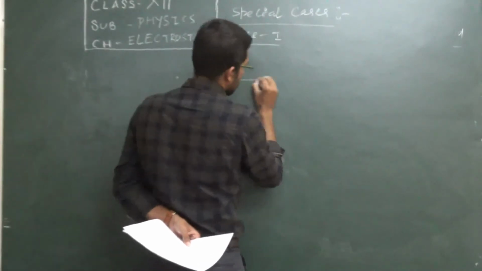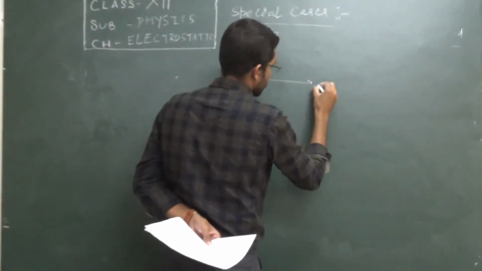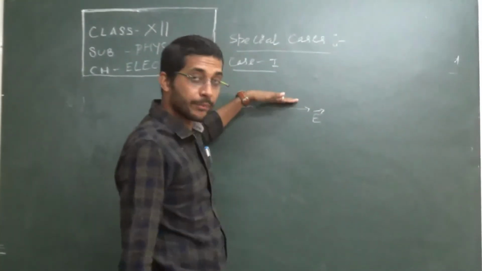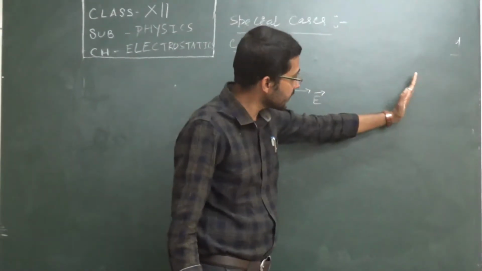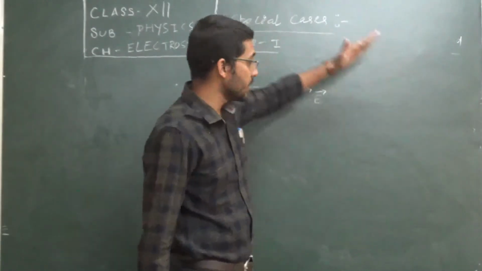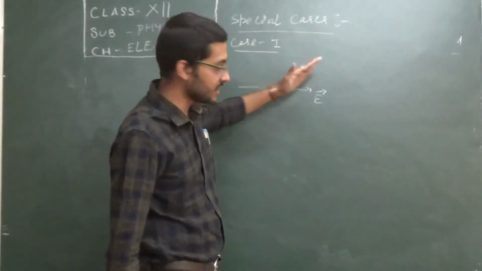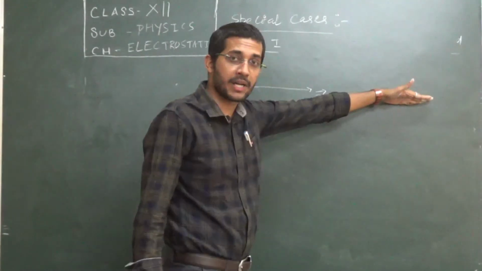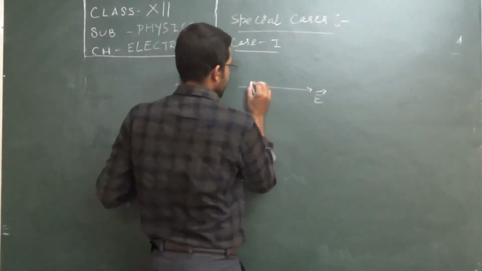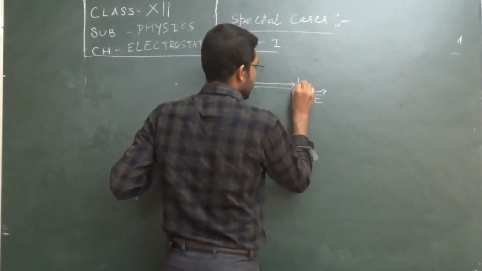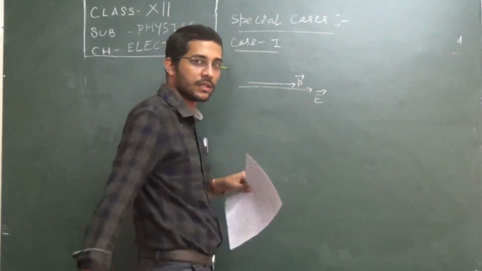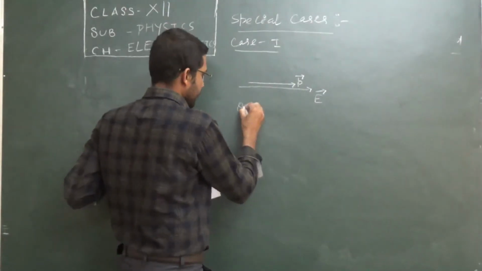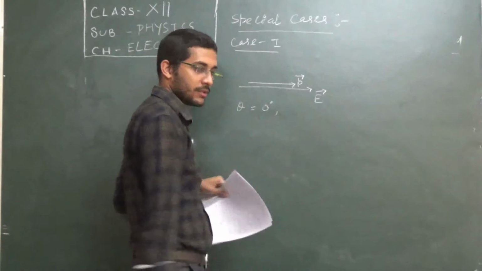Let us say this is the direction of the electric field, and the dipole that was placed here like this in our previous case is now placed like this. That means the dipole rotates somehow and now it is parallel to the electric field. So we can draw it like this, this is the direction of the dipole moment. Then here theta must be 0 degree.